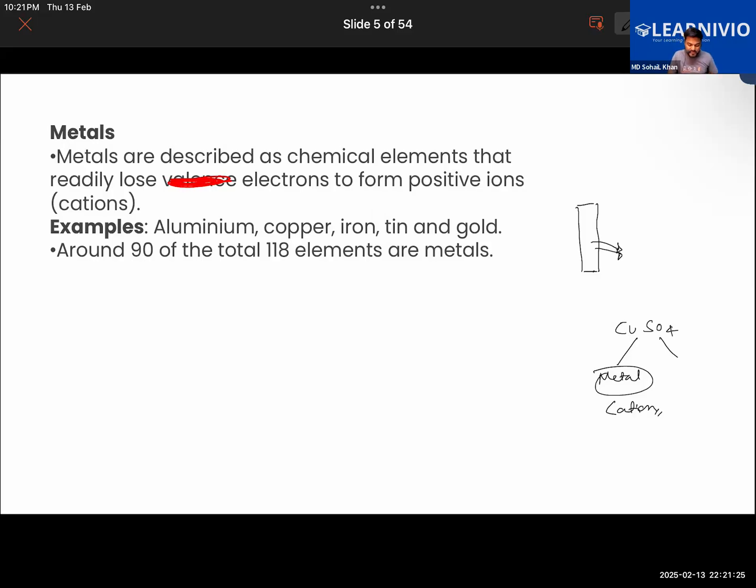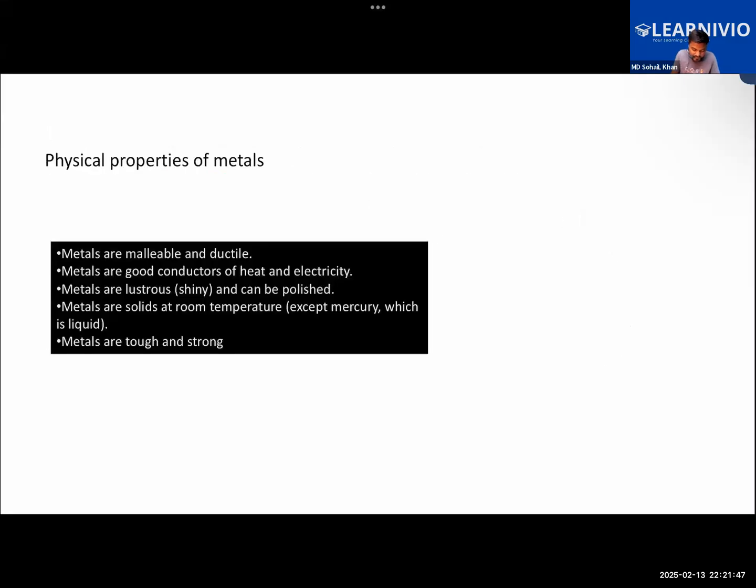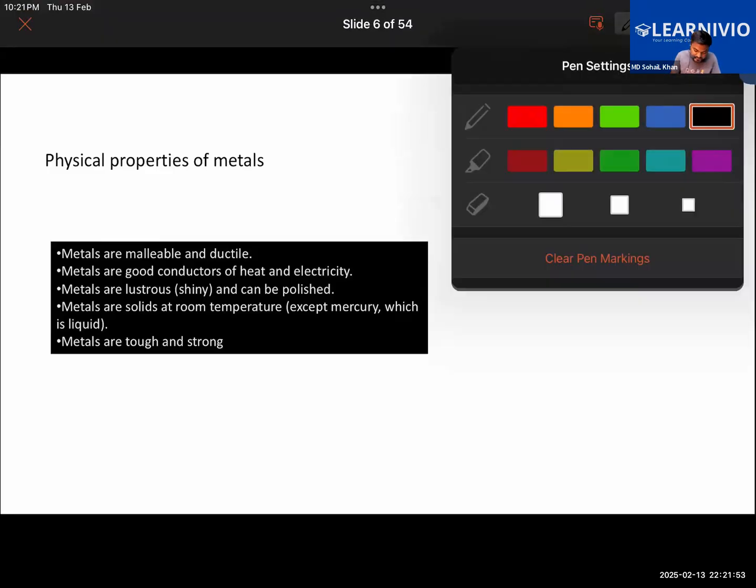But the other way to describe metals is that metals are objects that are shinier, that are malleable, that are ductile, and they are good conductors of heat and electricity. Examples are aluminum, copper, iron, tin, gold, etc. Around 90 of the total 118 elements we have so far are metals. About 90. Now, about the physical properties of metals, we see that